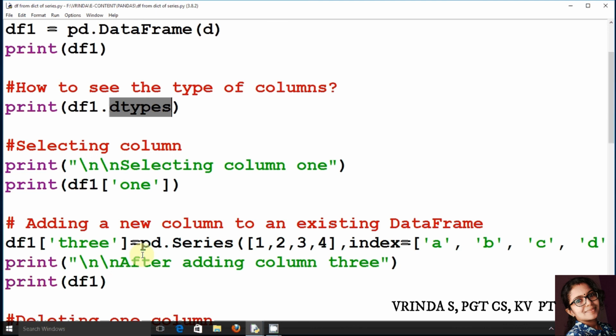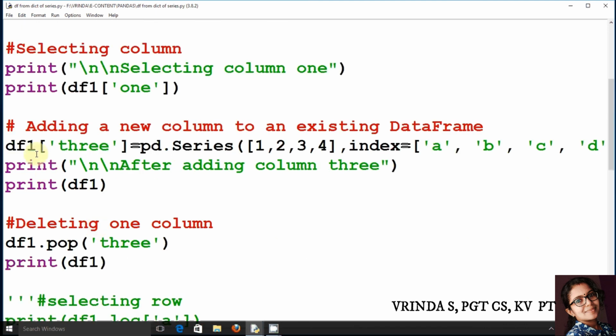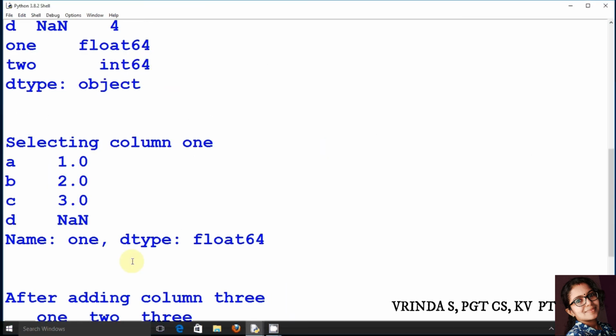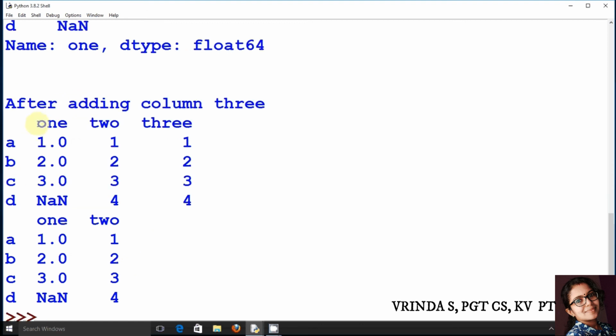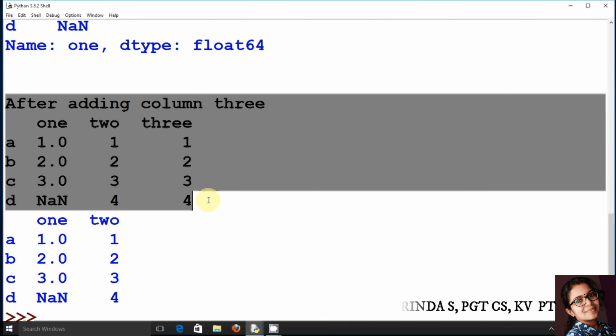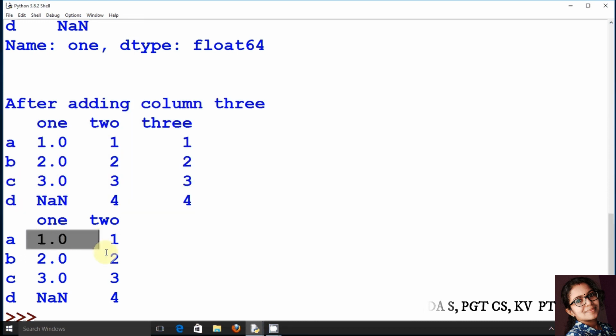And the last one, adding and deleting. I said if you add a new column like this, and if you try to display that data frame, what gets displayed? 1, 2 and 3. This is the output for that. So the new column is added here, and this is the result of print df1 after calling the pop function we already saw in the program.